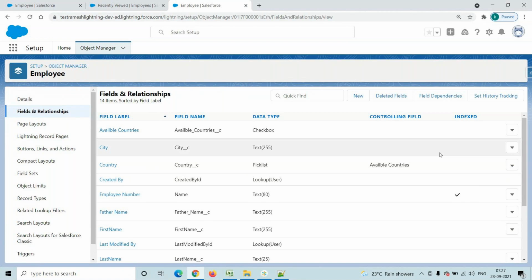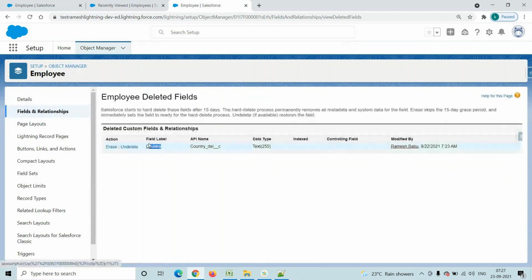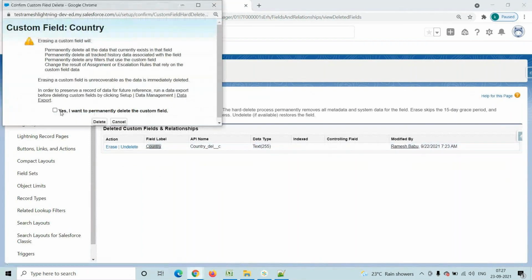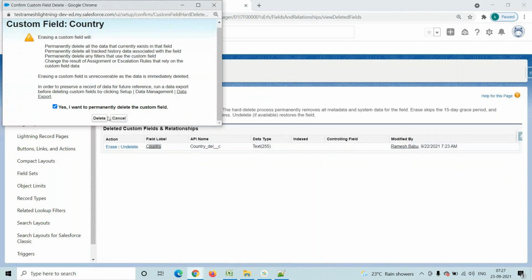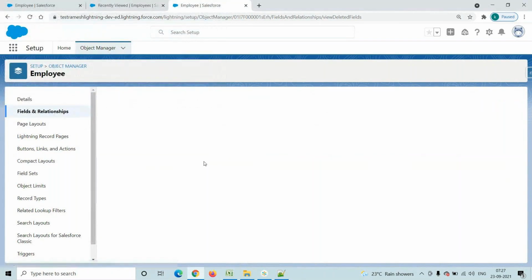Once it is deleted, it will not be permanently deleted, it will stay here only. See, deleted fields are there, right? Click on this deleted fields. Suppose you want to undelete, it will revert back. If you click on erase, only then will it be permanently deleted. Click on this delete button, then it will permanently delete.